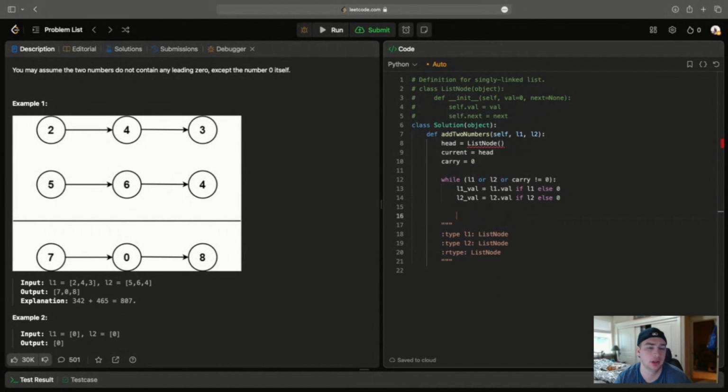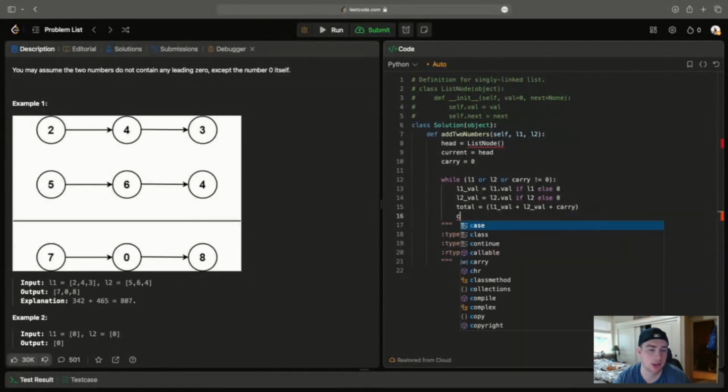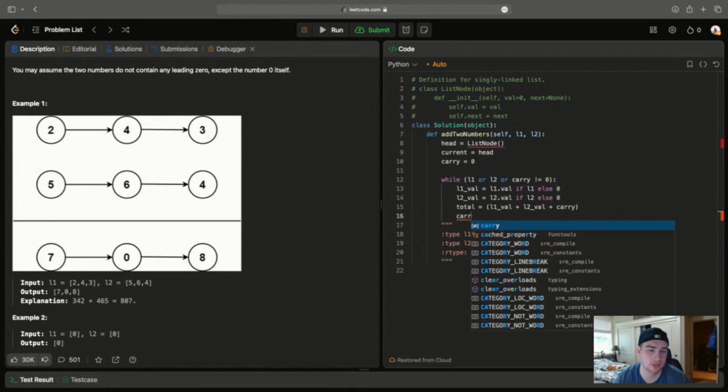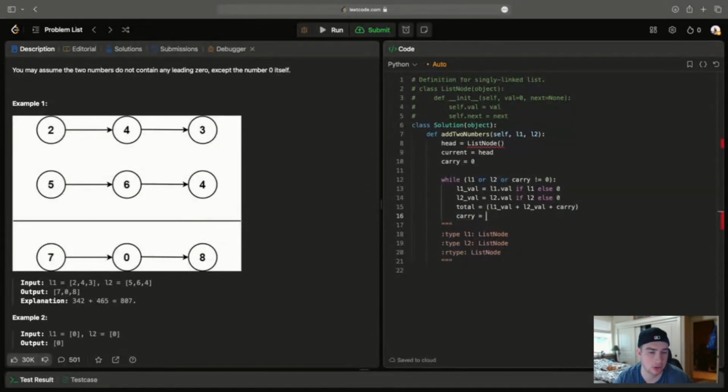All right. Now we can go ahead and push in our total value, so we can initialize a variable called total. We're going to say l1_val plus l2_val plus carry. And then we're going to say our carry value is equal to total